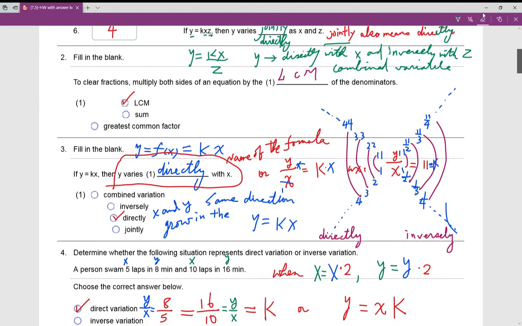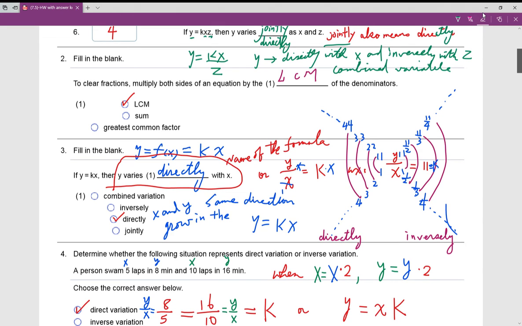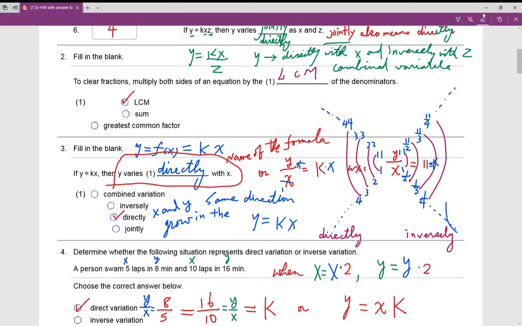So number 2, we just understand that in order to clear out the denominator, you need to multiply with the LCM or with the LCD. Number 3, this is the rate variation, because when you solve for y, x and y are both the numerator. And the number 4,